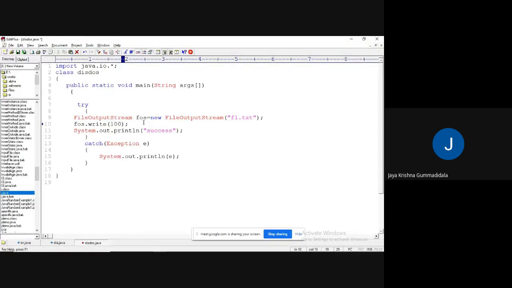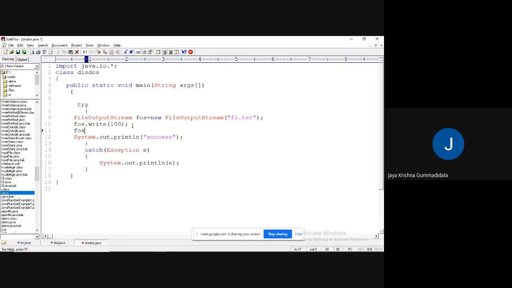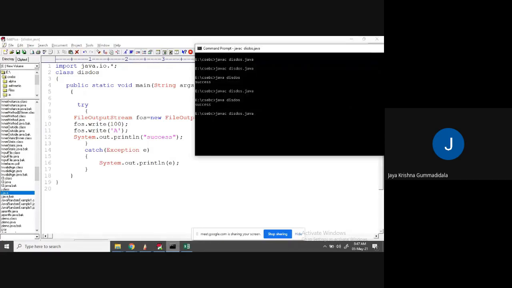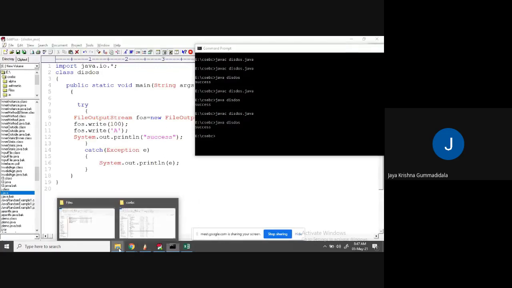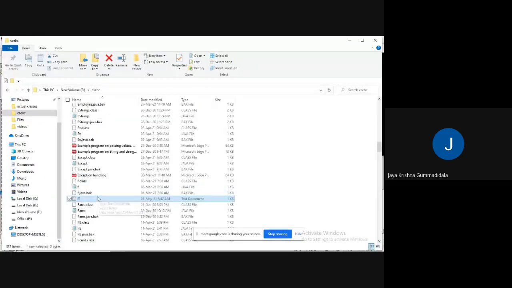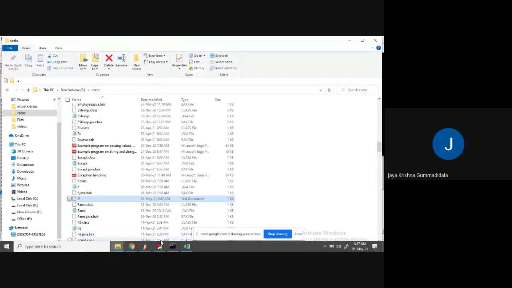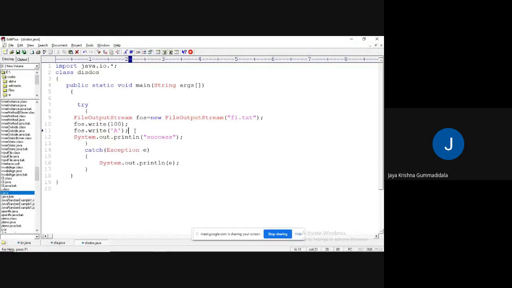Like for example, I'm writing FOS dot write of A. Success. Open the file and check: the data is added. So through this write method, I can write.